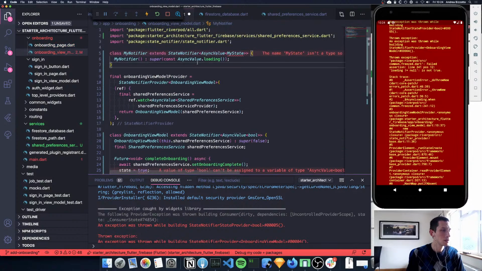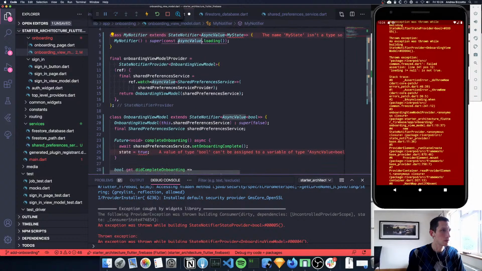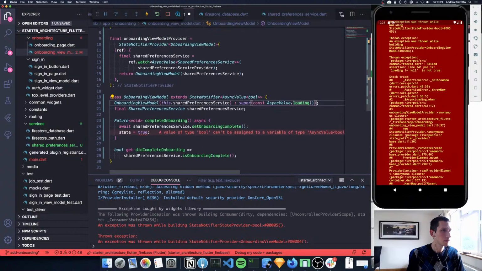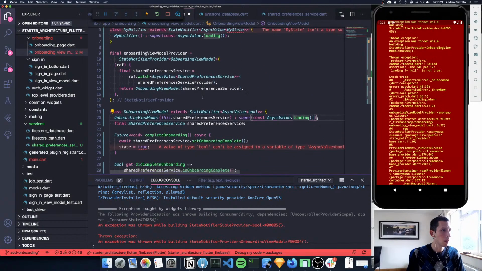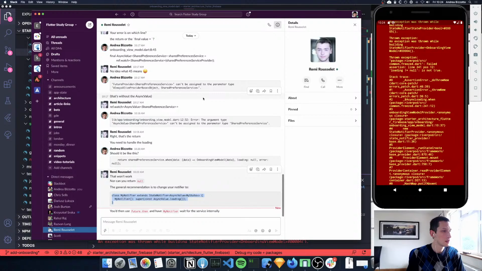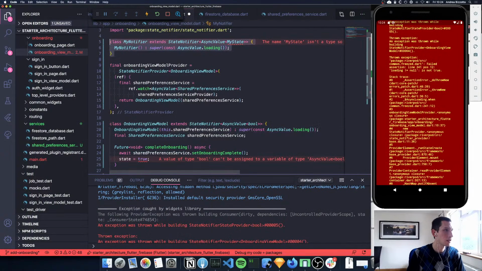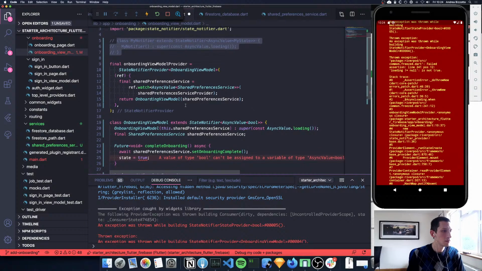And yeah, so when I first start off, I want to return a loading state, and then okay, well, let's see if we can get there. So this becomes